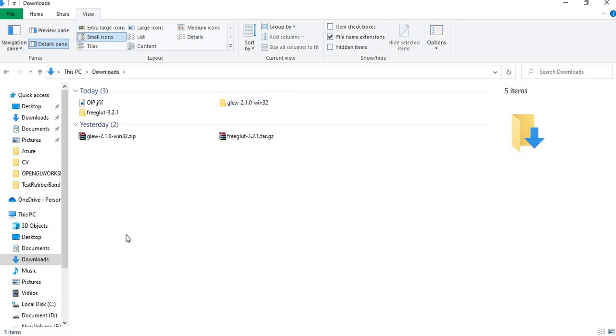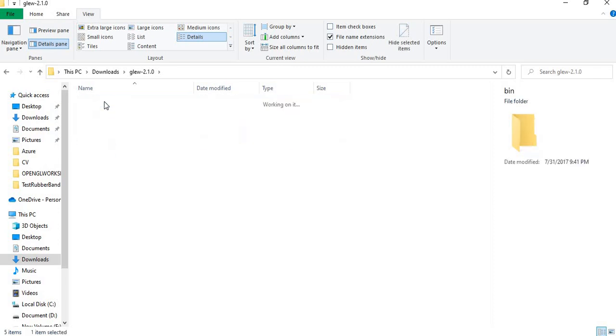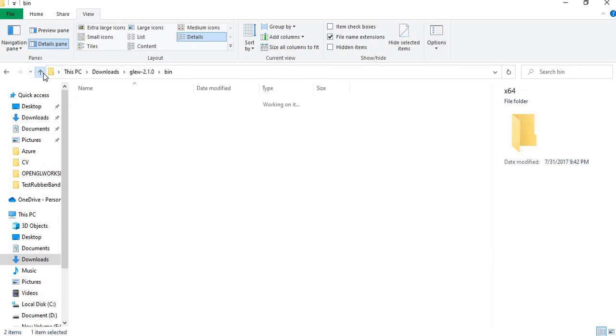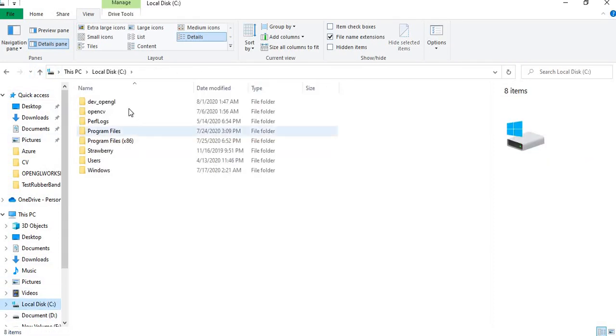I'll paste here. Here you can see it is already downloaded. No need to build it. Just copy and paste this structure in the place where you want to do it.